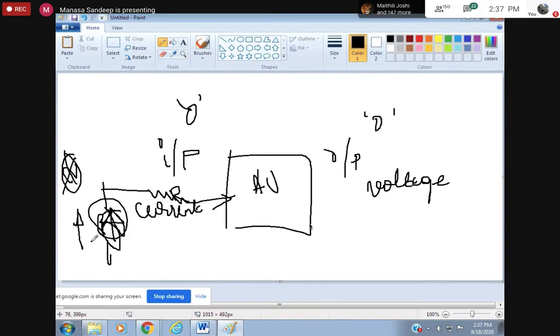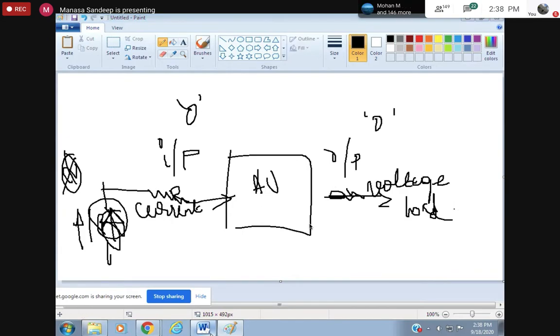So whatever input you are applying, everything should be available at this input side, correct? If you don't maintain zero resistance here, then what happens? The drop will happen, correct? The entire current cannot flow here. That's why the input impedance should be zero. Similarly at the output side, whatever you are applying should be entirely available for the load. So voltage drop should not happen in between.